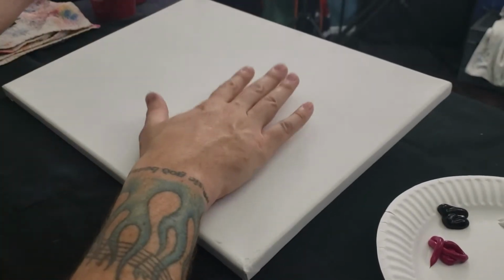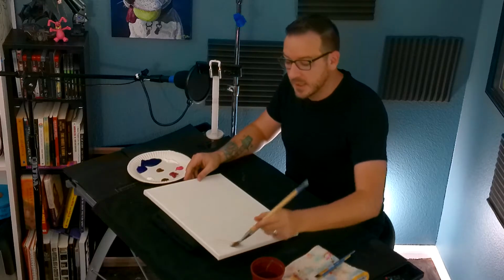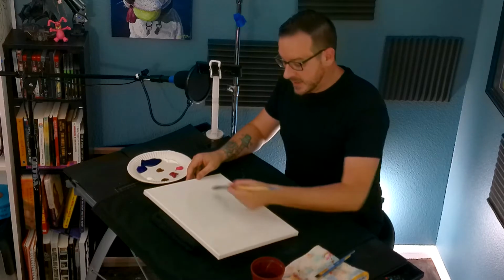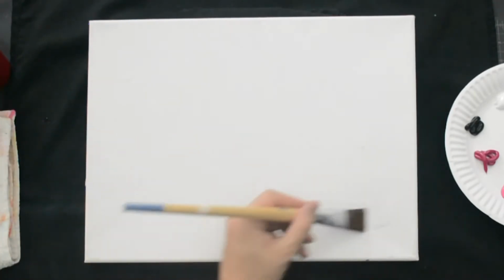We want to make this whole surface of our canvas wet, and that's because we want these colors to blend. So what I'm going to do as my very first step is actually just put a bunch of water on here and spread it around as best I can. You can use a spray bottle if you want. Sometimes I don't like using that because it'll actually create spots within the painting,